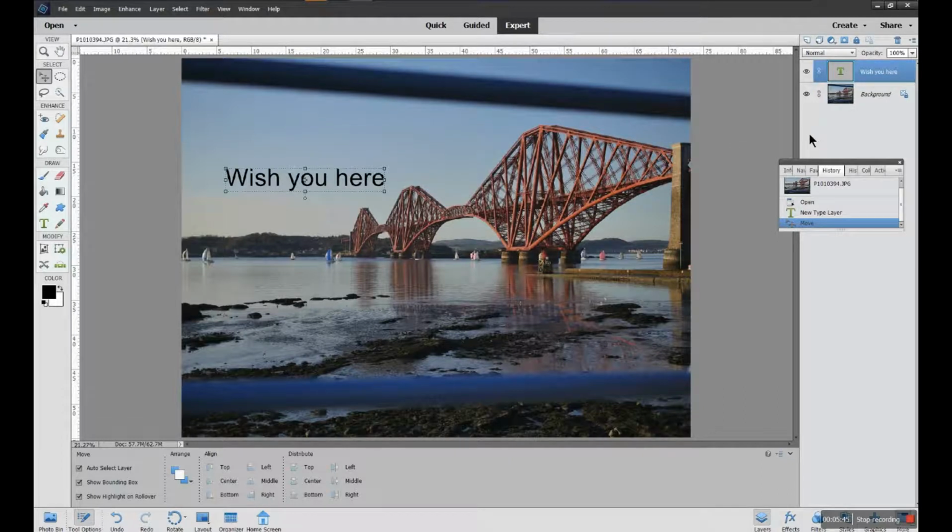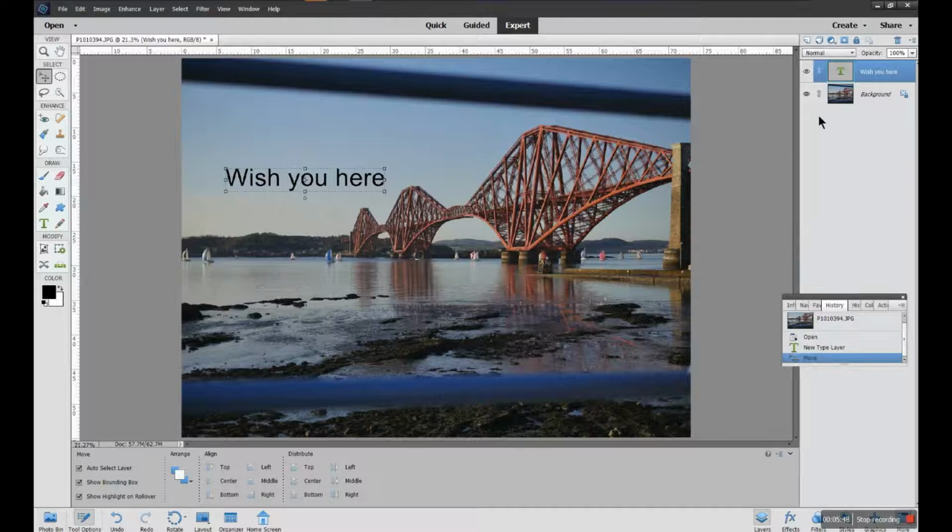The other thing you'll need to have open is the layers panel on the right hand side. The layers panel is this thing here where you've got a background layer, which will be your original photo, and text will automatically create its own layer, and it will pick up the first few words or letters that you have typed, so you know which layer you're on. Each time you type new text, it will create its own layer